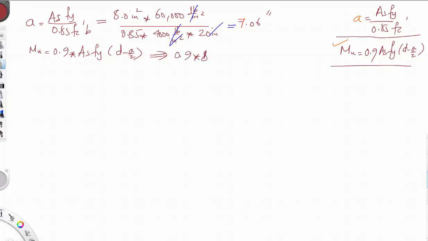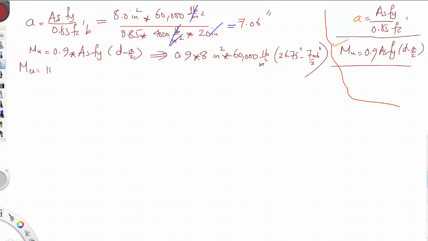Area of steel is again 8 inch square, and Fy is equal to 60,000 pound per inch square, multiplied by depth is equal to 26.75 inch minus a is equal to 7.06 divided by 2. So Mu is equal to 10,000